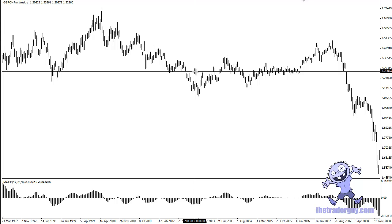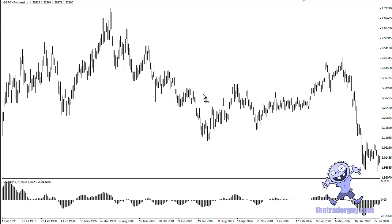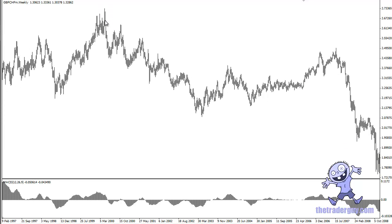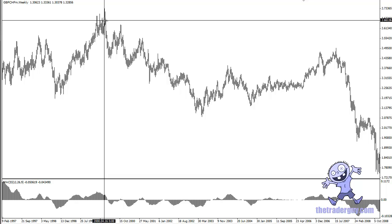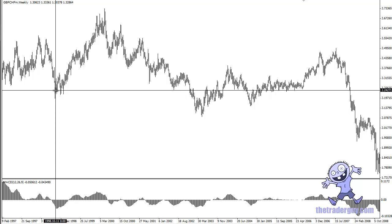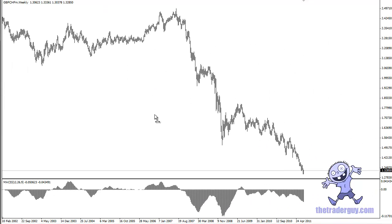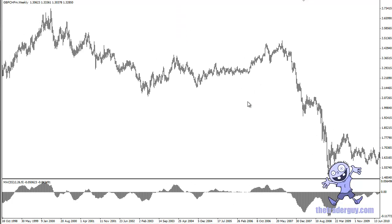This started in 2003, so that was 4 years of slightly upward bias, but not much. More or less range-bound trading. 2000 to 2003, we had a downtrend. We had an uptrend, a relatively short one, from 98 to 2000. So you can see what I'm getting at. These trends don't change every week, and therefore you need to be aware of what the actual trend is and just trade in that direction,